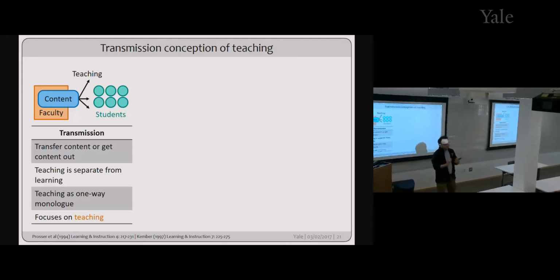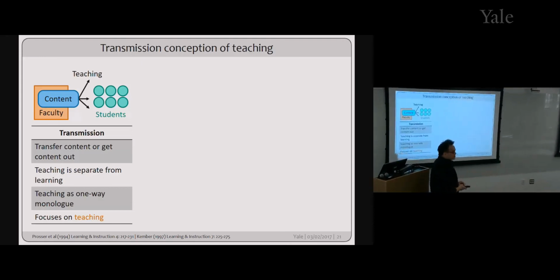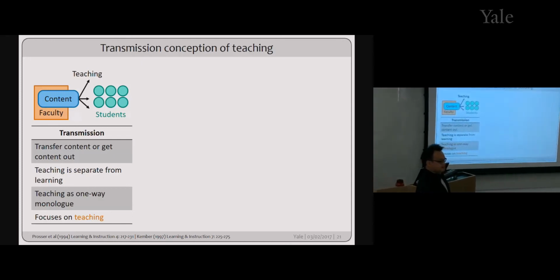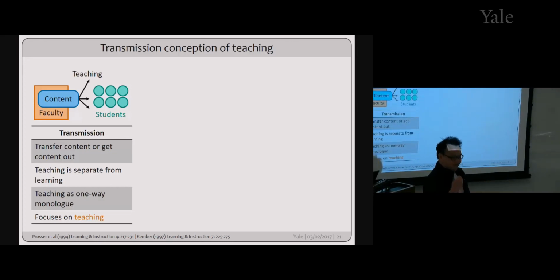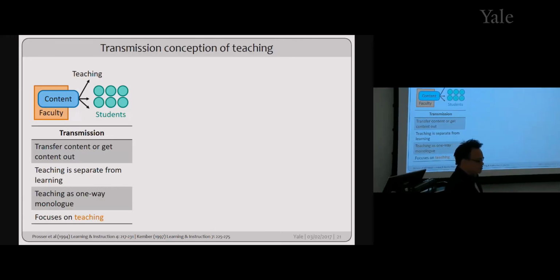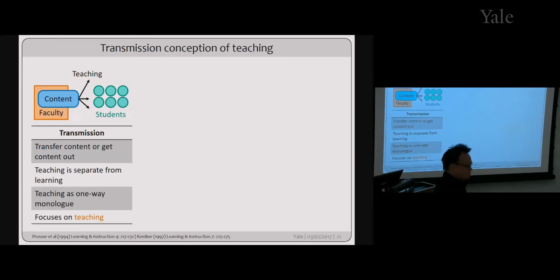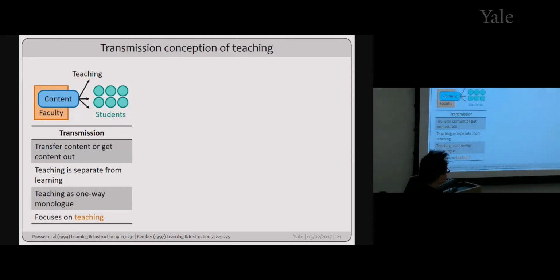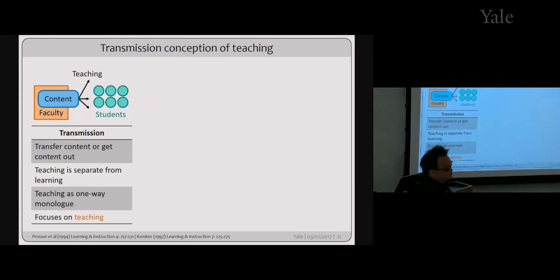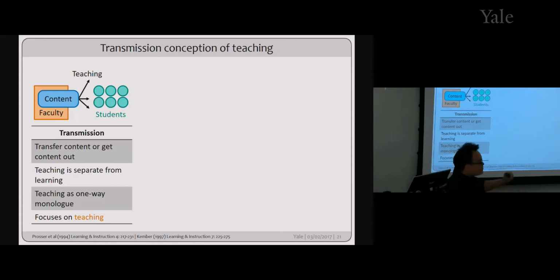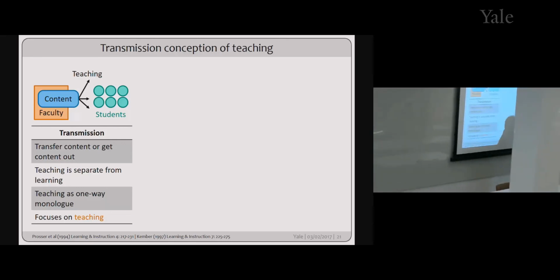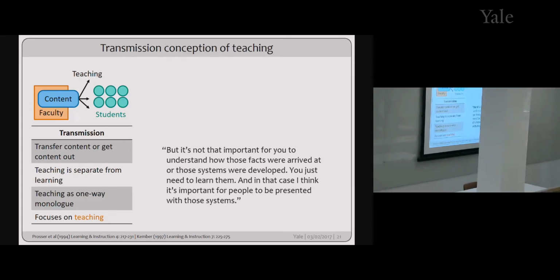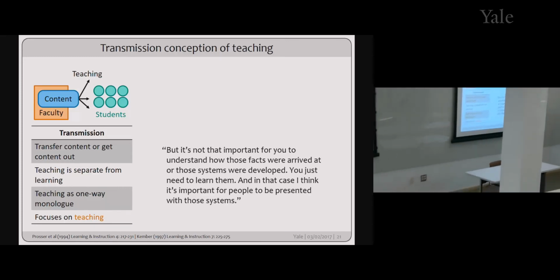So in the interview, the instructor revealed that the way he understands teaching is that it's his job to give the lecture. Right, and so he is a professional person, and he has that professional responsibility to give the lecture even though no students show up. And so he's still going to do it when no students show up. Right, so that's a sort of extreme manifestation of the transmission conception. Now, not everyone who has a transmission conception would lecture to an empty lecture room, but that's sort of an extreme case. And so this is an interview excerpt that's consistent with the transmission conception.